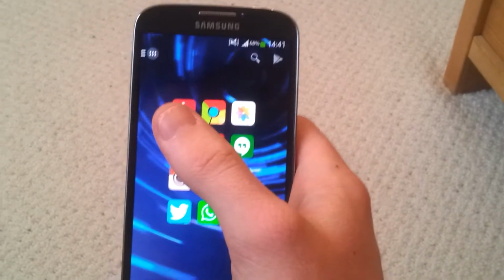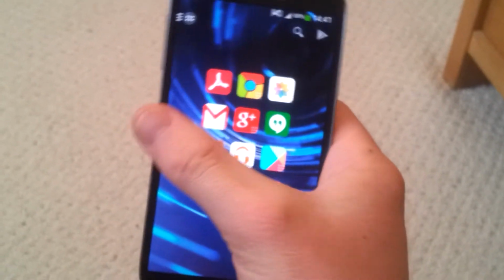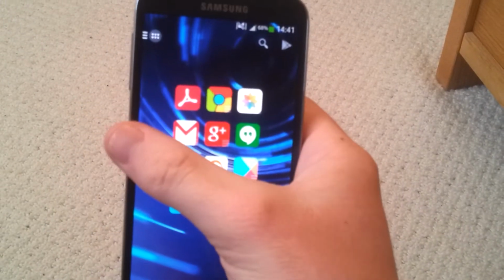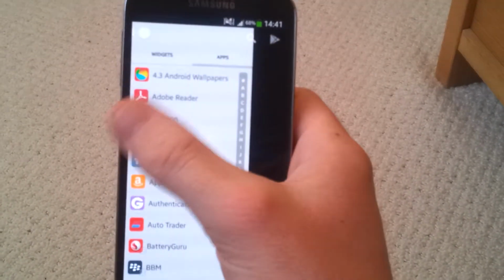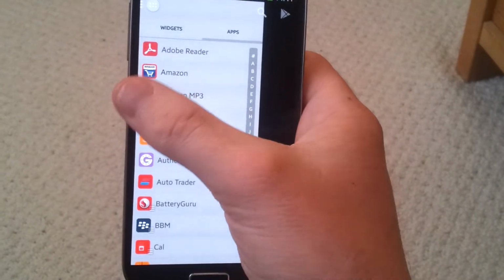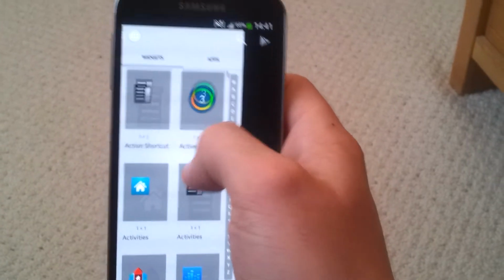Actually the biggest feature of this, the biggest difference, is there's no app drawer. It's all done from a swipe. I held my finger down there too long. A swipe from the left bezel here, and that brings up all of your apps in an alphabetical order. You can add them to your home screen, and then another swipe that way takes you to your widgets with